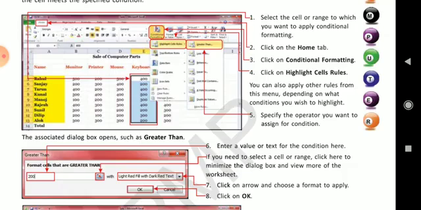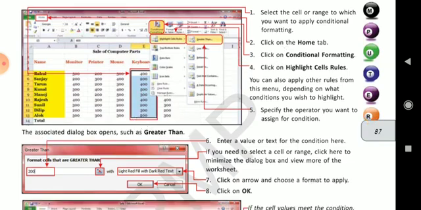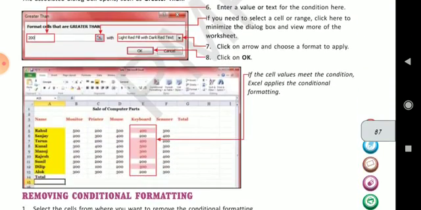So highlight cell rules. Under that heading you will get. Click on home tab, conditional formatting, highlight cell rules, like it has been selected greater than. So a dialog box will appear, and in that you will just put the value, and after that it will change according to the condition.